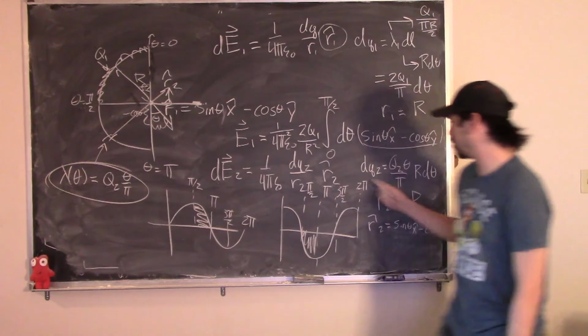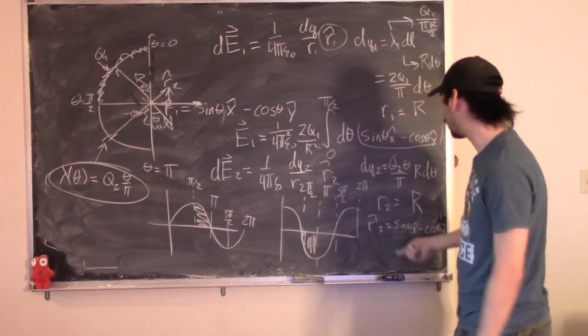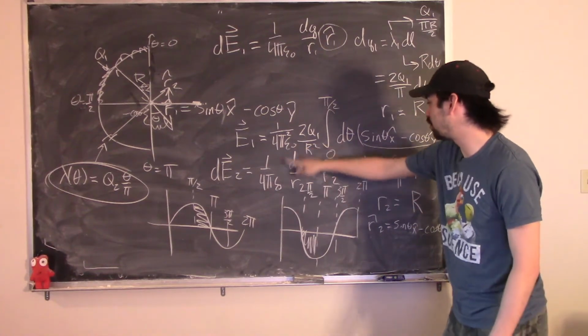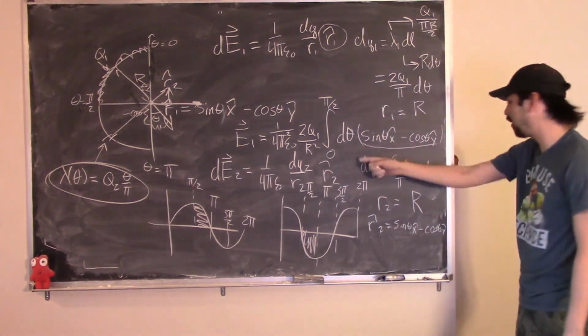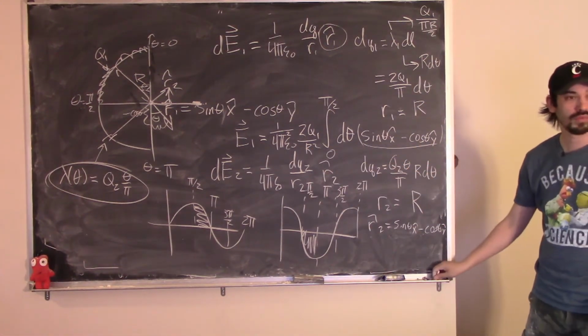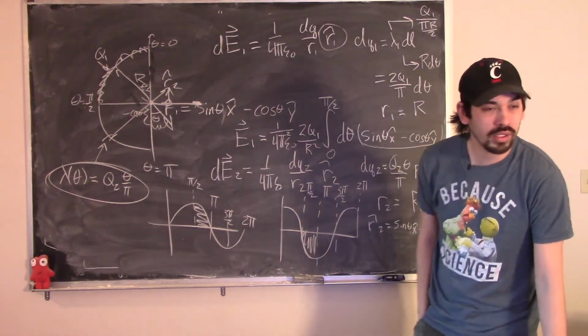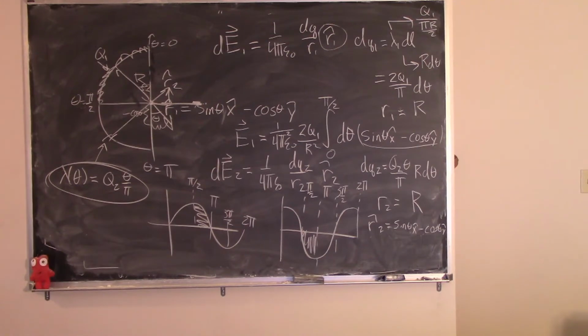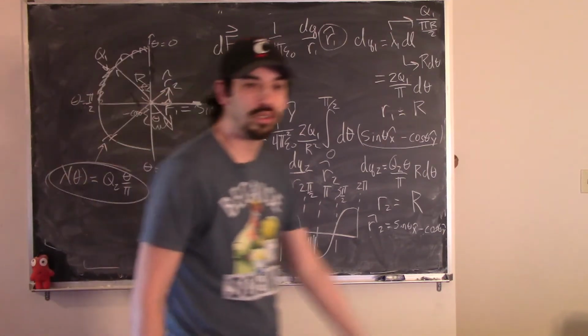And ultimately, the rest of this calculation is just plugging in what r hat 2 is here, what r2 is, and what dq2 is. And I've defined all of those things. Okay, so I believe that was question 2 from 2016. Yeah, that was question 2 from 2016. Now the next one is,